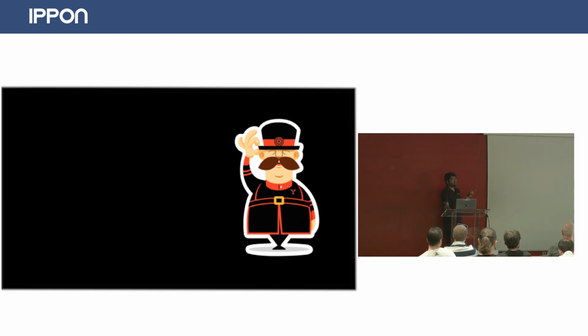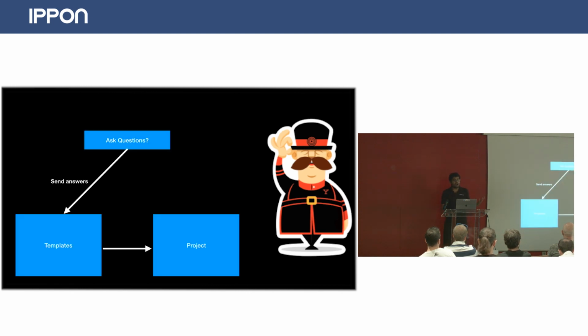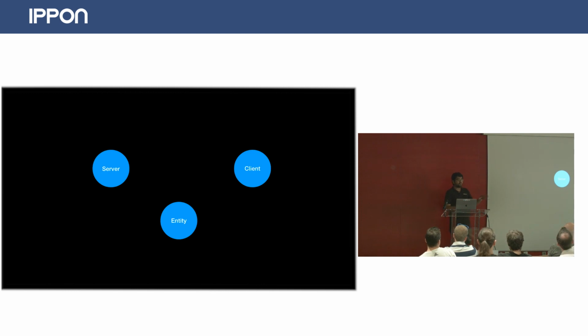Of course, you all know that JHipster is built on top of Yeoman generator. Is there someone who doesn't know about it? Okay. How does this Yeoman generator work? Initially it asks you a bunch of questions, right? It shows some prompts, you just answer those questions. It takes all those answers, applies them to the templates that we have, and creates a project. That's how JHipster works. You have multiple entry points here: you can just create a server, just create an entity, just create a client, or you can combine all those things and create a chain. That's how this entire JHipster is built.